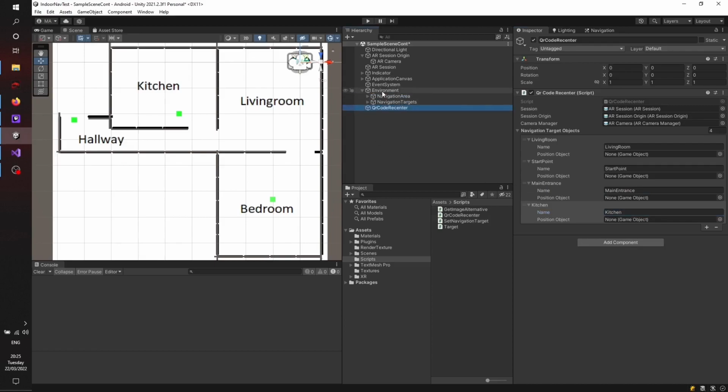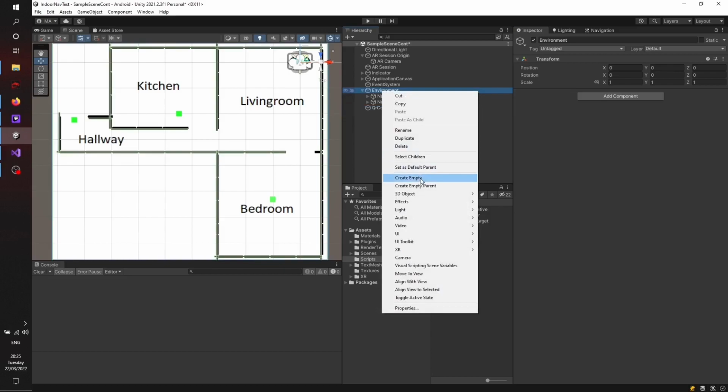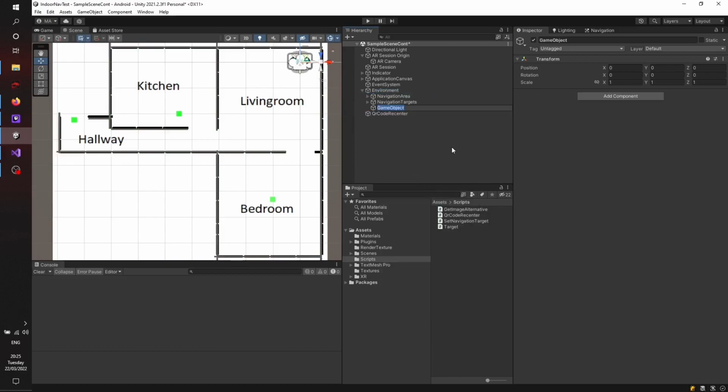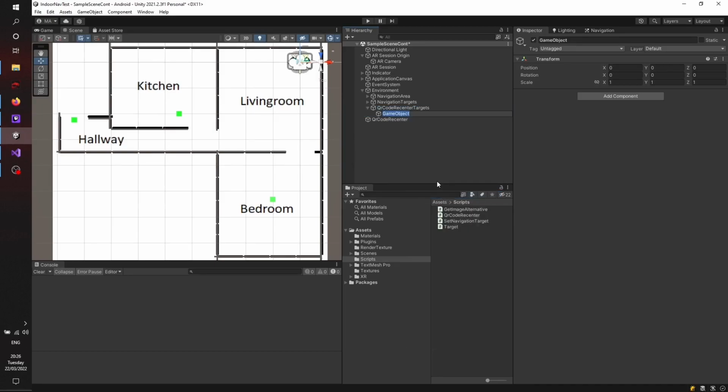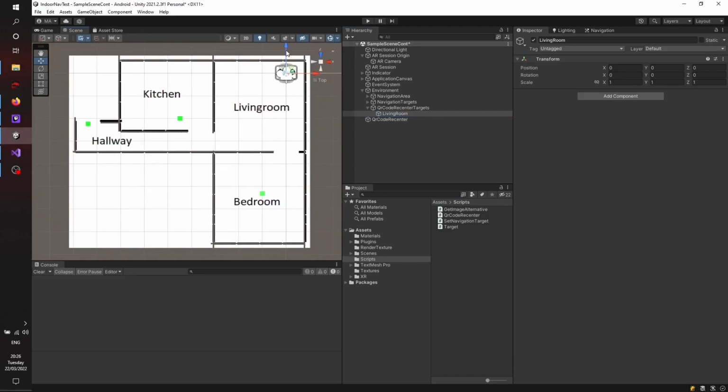Okay, in our environment we'll add a new empty child, call it QR code recenter targets, and we'll just add empty game objects here. You can also add cubes here or something else with different colors, and the first one will be the living room, and we're just moving it down a little bit. Over here, this is the place where our QR code will be on the wall, and we'll just have to